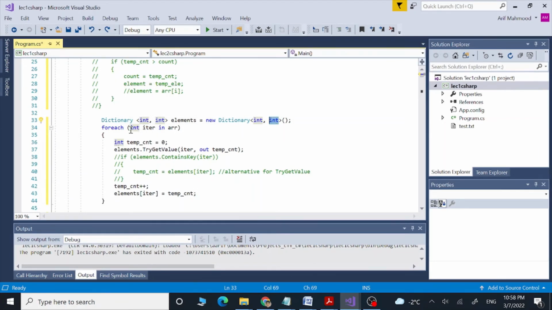So this foreach loop is going to run on our whole array like this, and this is a temp count variable, which we initially set to 0, and we are going to use this variable inside this whole line here. So for each value, the element of our array, we are going to get its count, and then keep increasing that count one by one. And after that, we are going to put that count